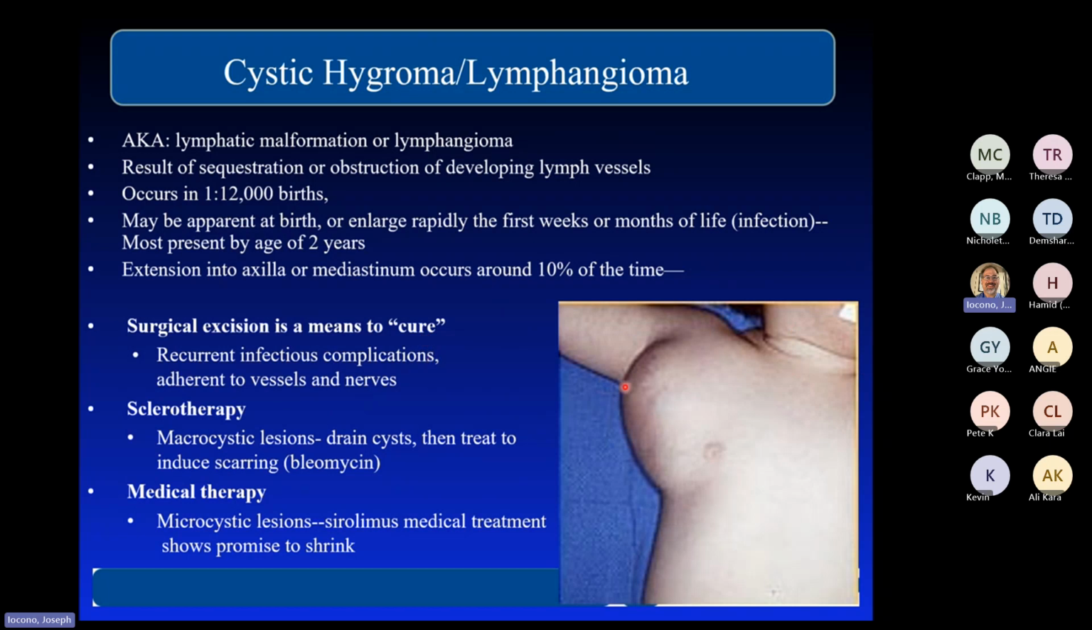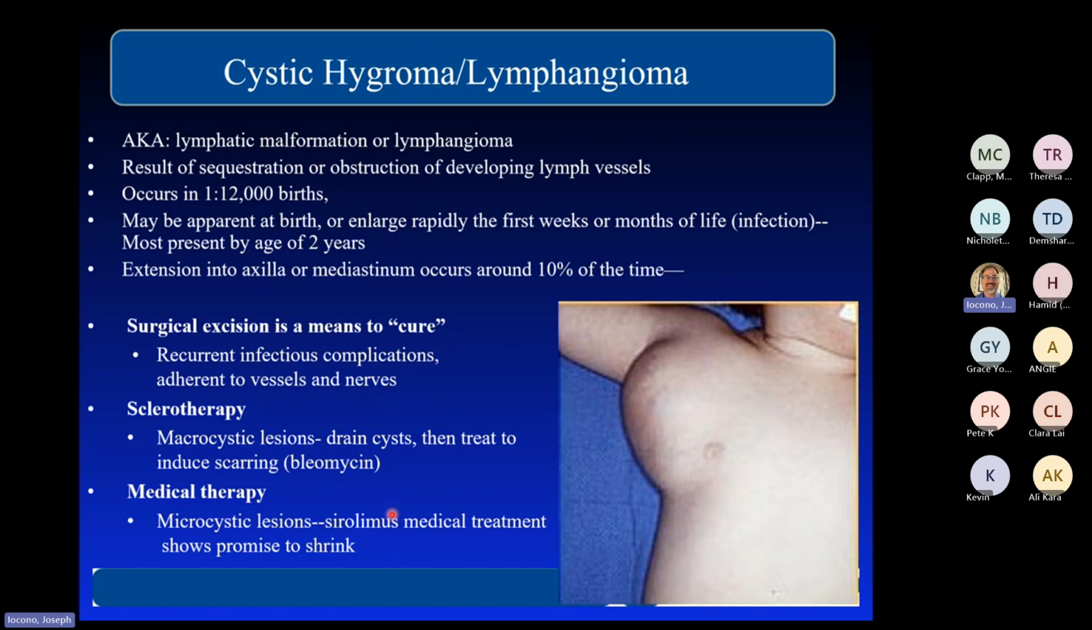Surgical incision is really the means to a cure. Sclerotherapy is now the thing for microcystic lesions. So you basically empty the cyst, drain it, and then you sclerose it with usually bleomycin. Now there's a new one. This is probably going to hit the test in a couple of years if it doesn't